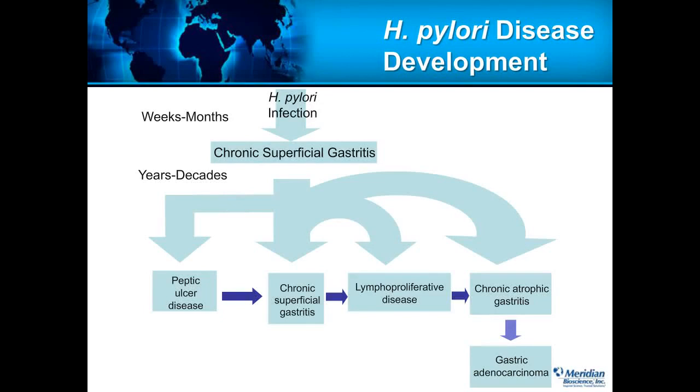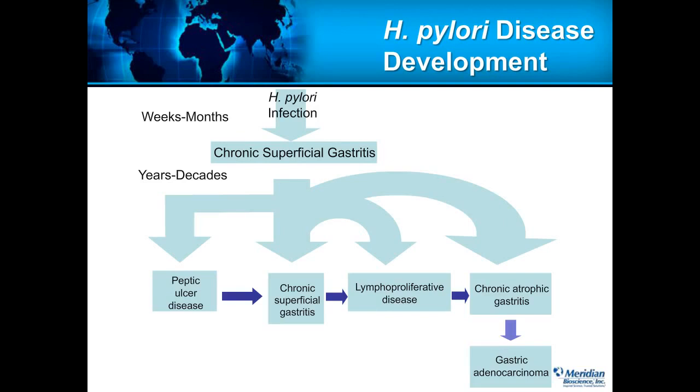This is a representation of the disease progression associated with H. pylori. H. pylori infection typically results in some vague symptoms, abdominal discomfort, maybe some nausea, and once the acute infection takes hold, within the subsequent weeks and months, chronic superficial gastritis can be found endoscopically on these patients. Now, once H. pylori infection has been established and chronic superficial gastritis occurs, this can progress to peptic ulcer disease,